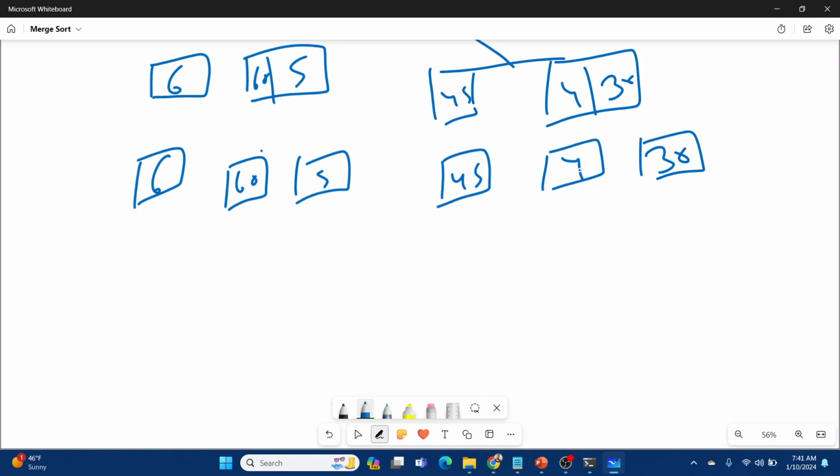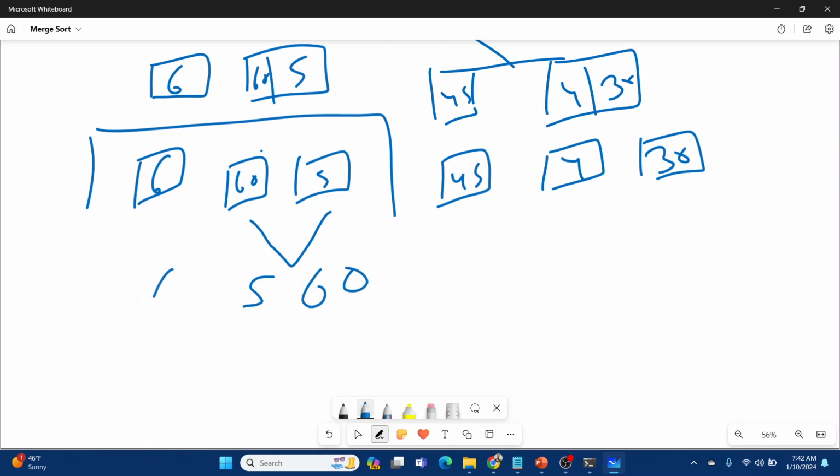Now we'll try to merge them back together. The way we divided them, left right, left right, the same way we'll merge them back. First, if we look at this part, 6, 60, and 5, everything is a left and right. If we compare each one of them, how do we do it? First let's do it for 60 and 5. They'll compare with each other: is 60 greater than 5? Yes, 60 is greater than 5. So 5 will come before 60, right? And 6 will be here.